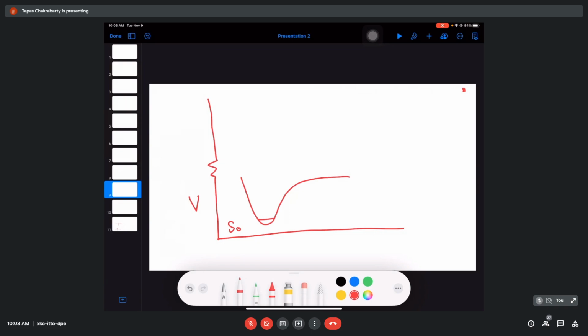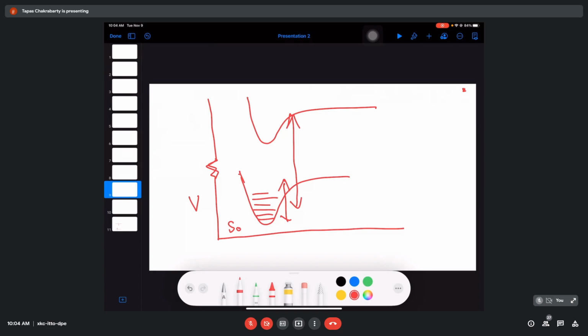Sir, why are you using that kink on the y-axis? Oh, the reason is that usually this is denoted in the following way. If you see, these are actually vibrational energy levels of the ground state, right? So the excited state energy gap is much larger compared to this typical vibrational energy gap.